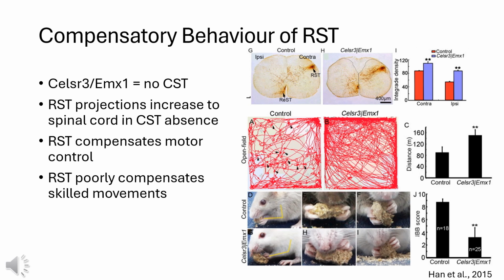In the figure below, the authors investigate the effects of the cortical spinal tract absence behaviorally in rats. Panel A and B show an open field test where rats are free roaming. The SULSAR-3 EMX1 rats actually walk more than the control, but the key takeaway here is that the experimental rats can walk relatively normal without the cortical spinal tract, which suggests a compensatory system in place. The bottom panel uses the serial handling test to show skilled behaviors. The authors score the animal based on forelimb angle, digit movement, and paw control. In panel J, the SULSAR-3 EMX1 rats perform significantly worse, suggesting that there's minimal compensation for skilled behaviors in the absence of the cortical spinal tract.